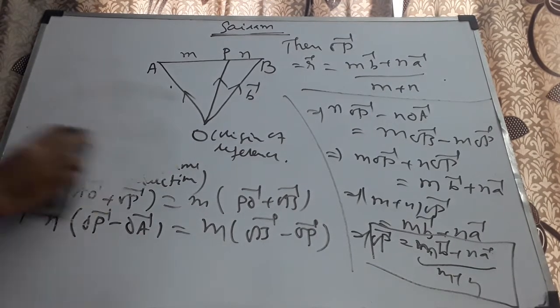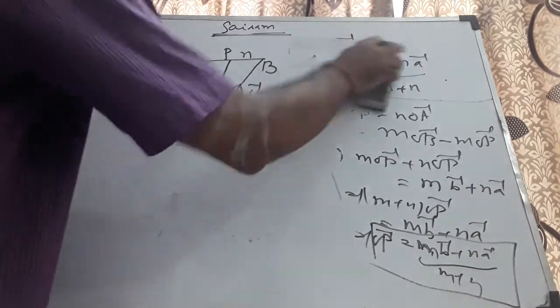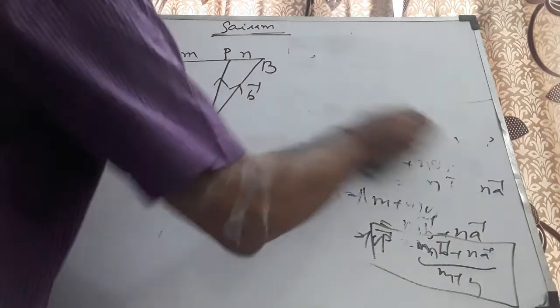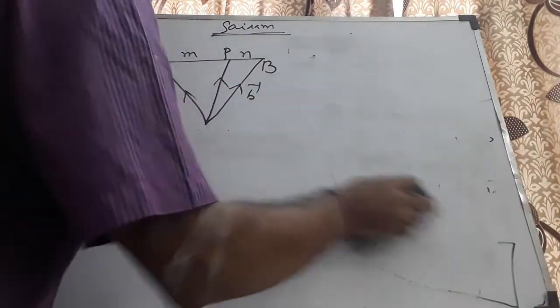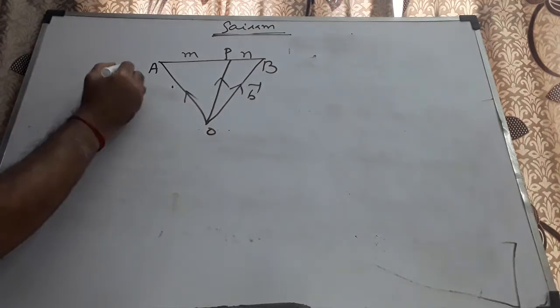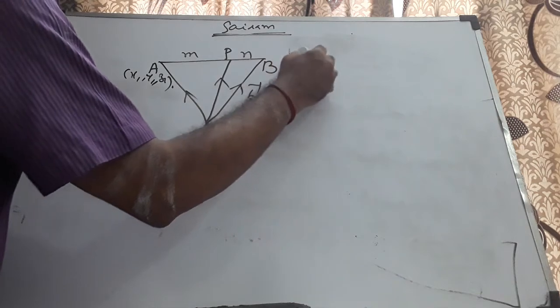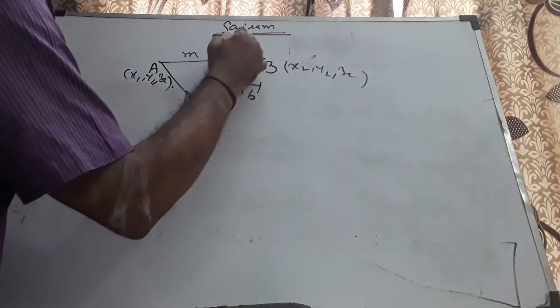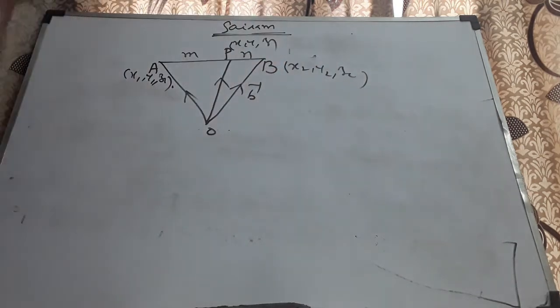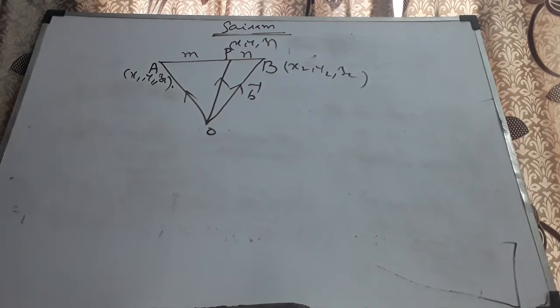Just listen carefully. What I will do here is, if I name the points, and if I know the coordinates of the point, what happens? Let us see. If this is x1, y1, z1, and this is x2, y2, z2, then this point is x, y, z. How do I get x, y, z in terms of the known values x1, y1, z1, x2, y2, z2? Just listen carefully. Again, it is not difficult.